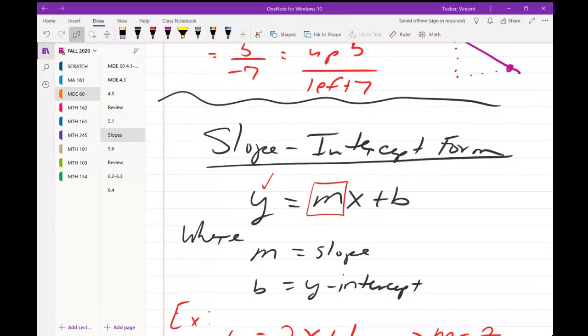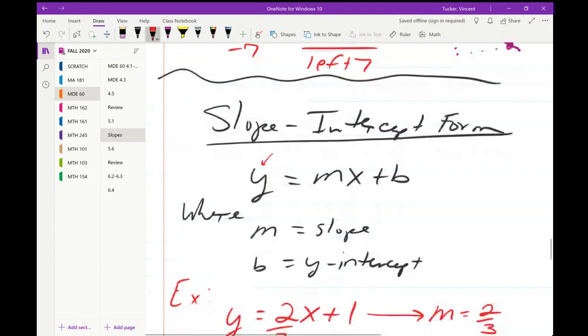All right, so here we have our slope-intercept form. y is equal to mx plus b, wherein the m is your slope, your b is your y-intercept. So notice the form of this equation. You have your y by itself. So whenever you take your linear equation and solve it for y, and simplify as much as possible, of course,